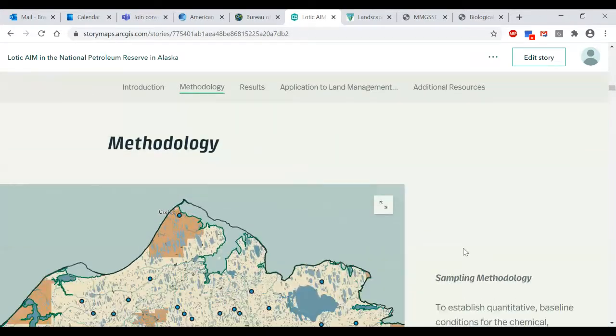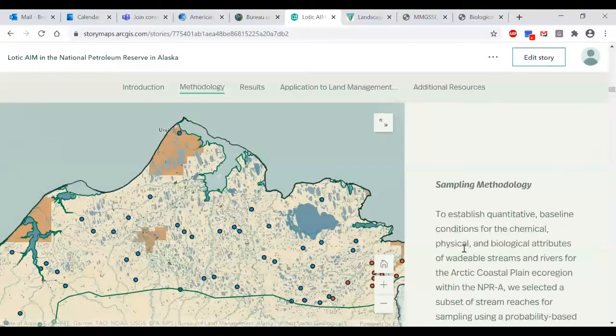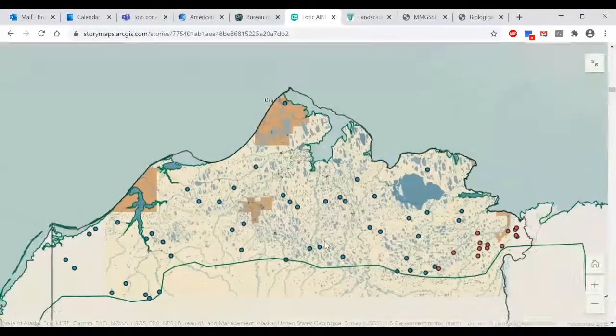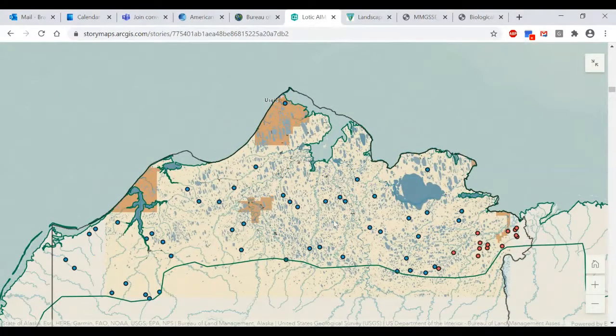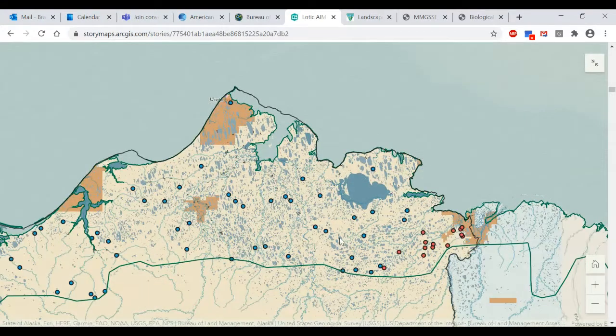One of the cool things I think that you can add in these story maps are these interactive maps. So this is in the methodology section, and the map accompanies how we selected our points and shows where our points were that we sampled. And you can enlarge this map and show whatever you want to show.